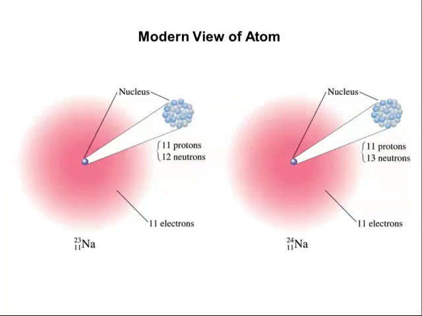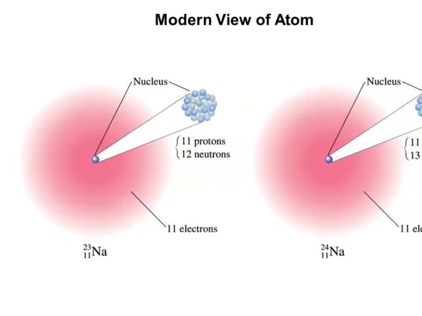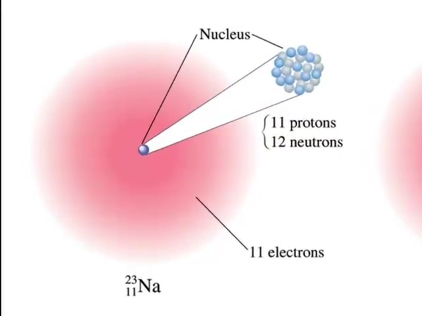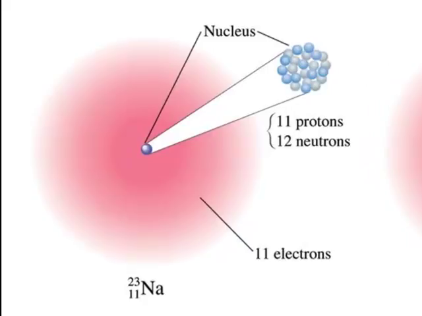All right, so let's look at the modern view of an atom. If I look at a sodium atom, and I have a sodium-23 atom, a sodium-23 atom is going to have 11 protons. The fact that the atom has 11 protons, that's what makes it a sodium atom. The number of protons defines what the element is. Always remember that. If I have 11 protons and I have a mass of 23, then I'm going to have 12 neutrons. Where's most of the mass coming from? It's coming from the protons and neutrons. Therefore, the mass of an atom is going to equal the number of protons plus the number of neutrons. Okay, so 11 plus 12 gives me my 23.